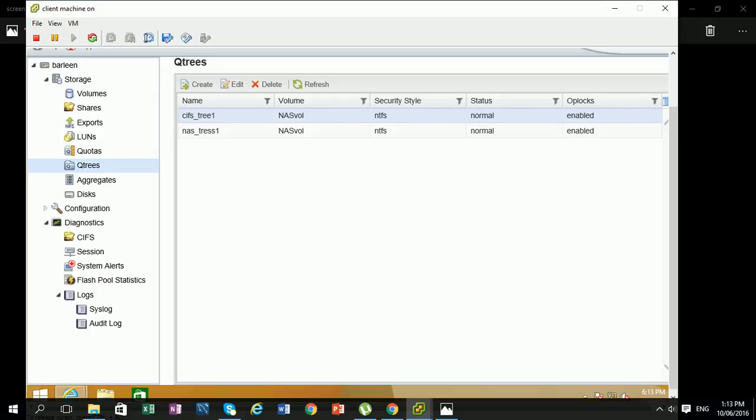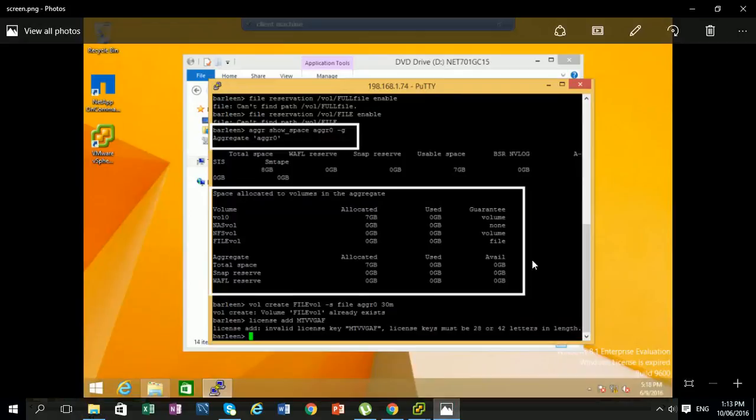Now, the first task was to go to the command line interface and run a command which shows the space on aggregate 0 that had been created in earlier modules. For this, I have this screenshot. As you can see, in the machine where PuTTY was installed, I just logged in with my node Berlin and then gave a command here, like the first white box, that is aggregate show-space aggregate 0, and a summary of space allocation was seen, and the volume 0 that was already created had a space allocation of 7